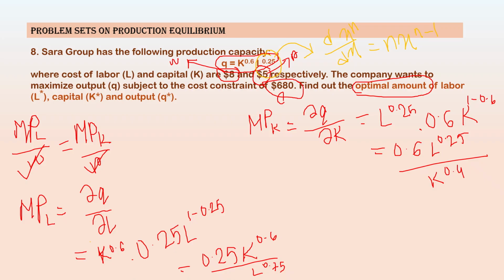All right, so we have gotten the marginal production with respect to L and the marginal product with respect to K. So now we can easily input it into this equation right here. So let's do that. So MPL is 0.25 into K to the power 0.6 divided by L to the power 0.75